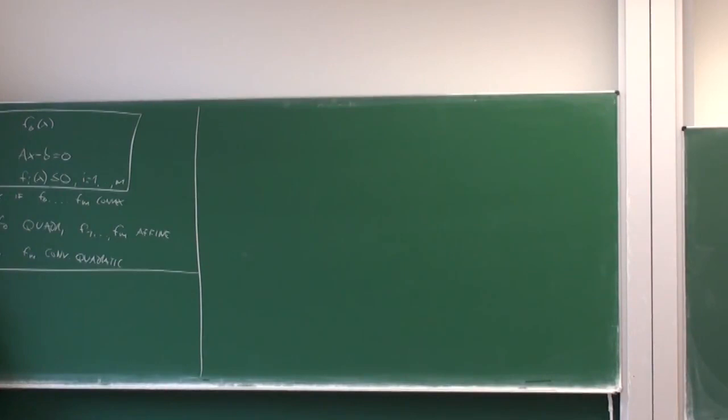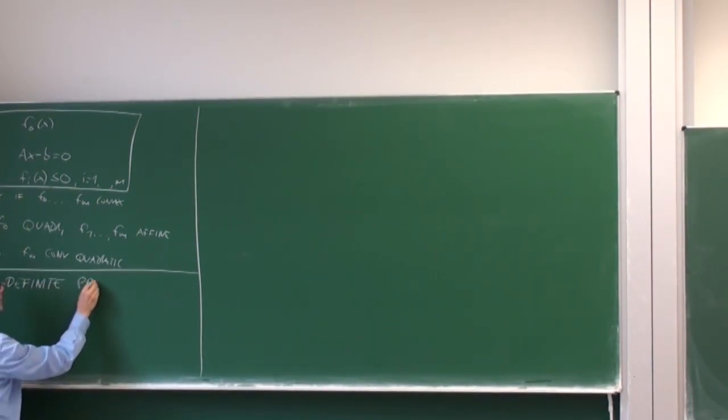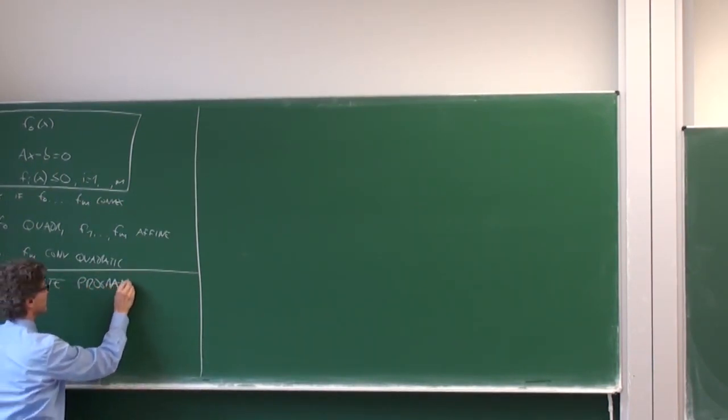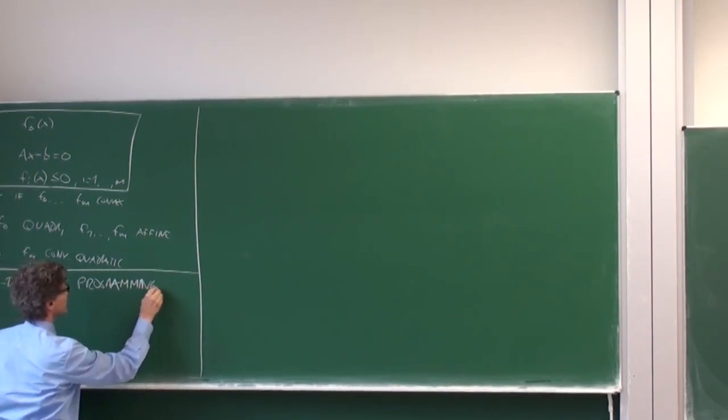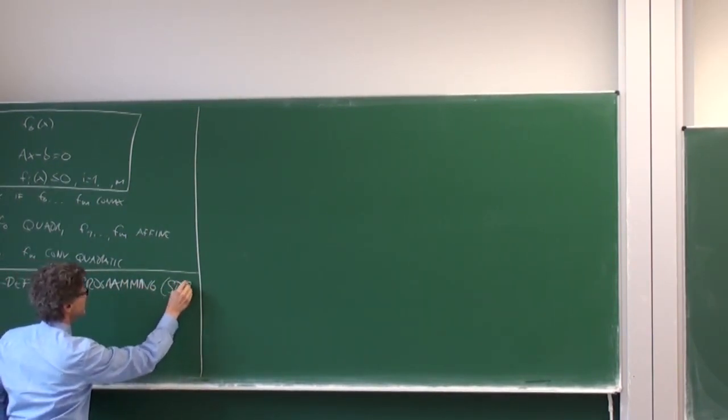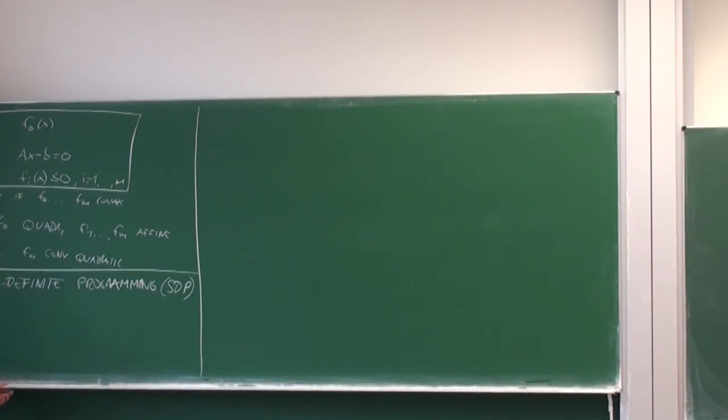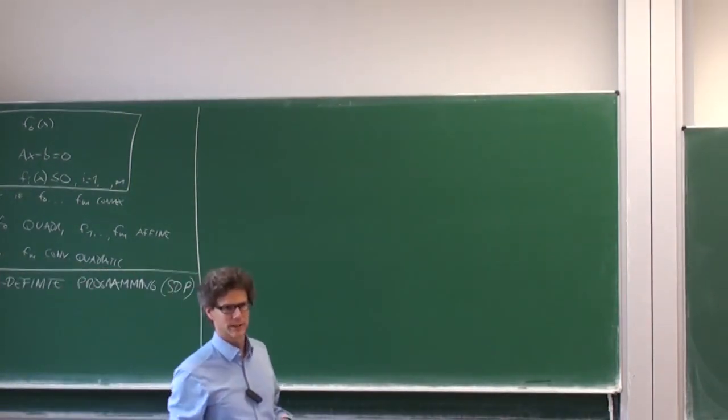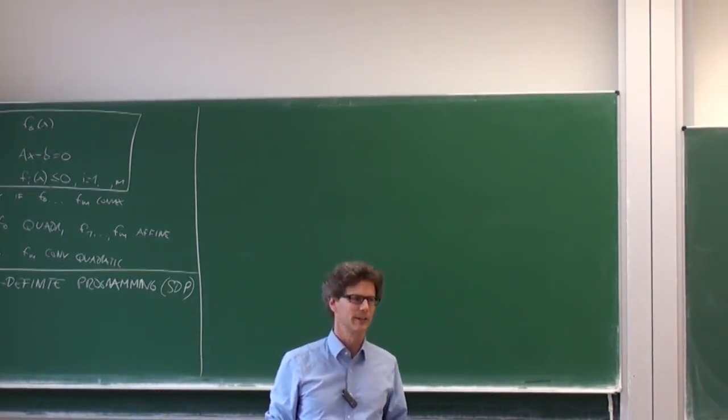So we are in section 3.6 about semi-definite programming, and the abbreviation is SDP. And YALMIP, the language that we use at the moment for formulating problems, was originally written